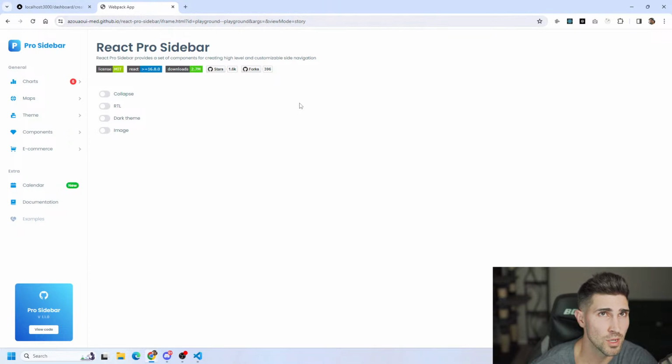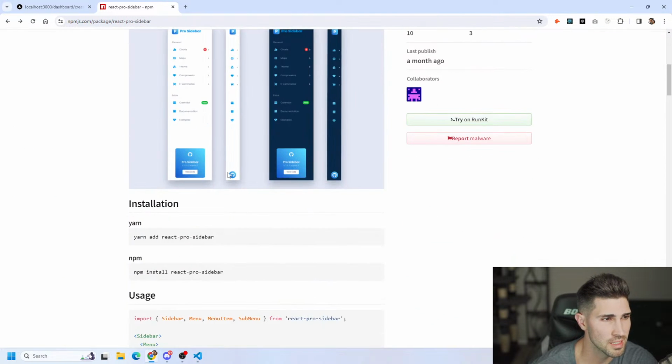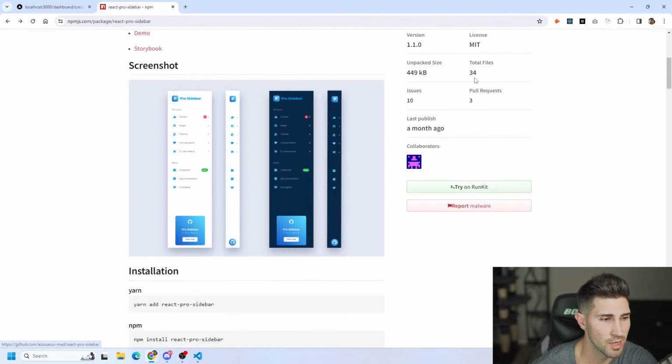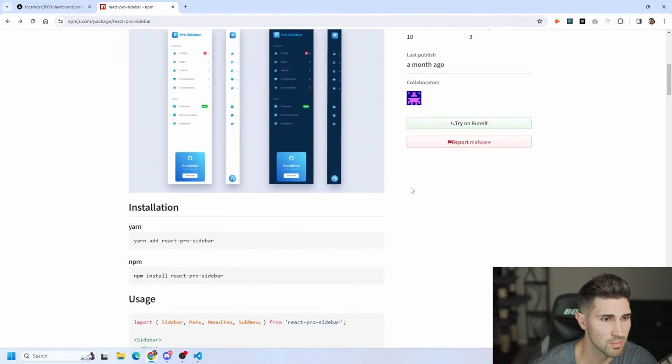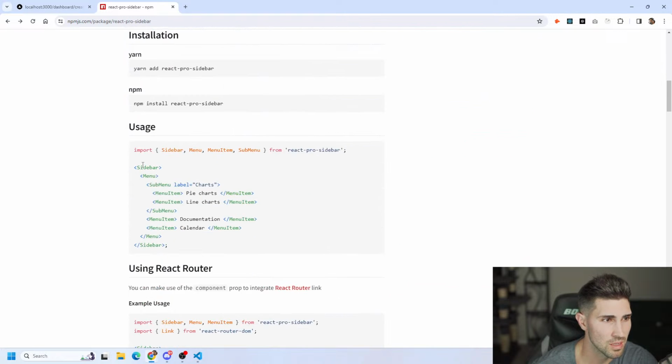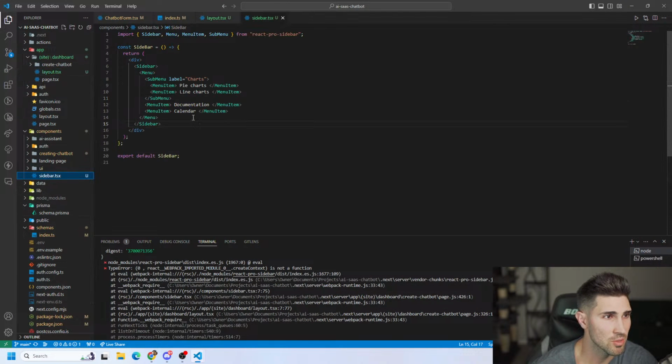Raj, I know you said you worked with this. Is there a reason why you don't think this is working? Did I install the right package? npm install React Pro sidebar. Could you show code? Yeah, I can. So I'm importing the sidebar here, and then here is the sidebar component. I just copied and pasted from their docs, so obviously I'll change stuff, but